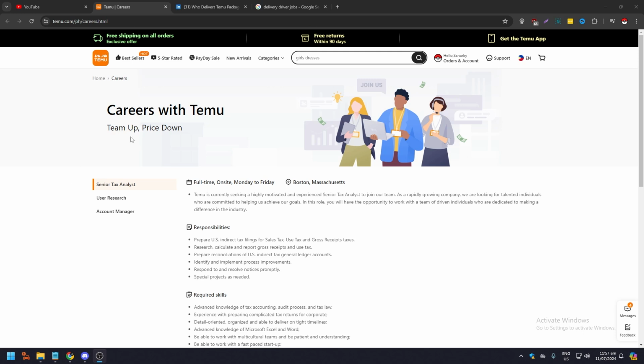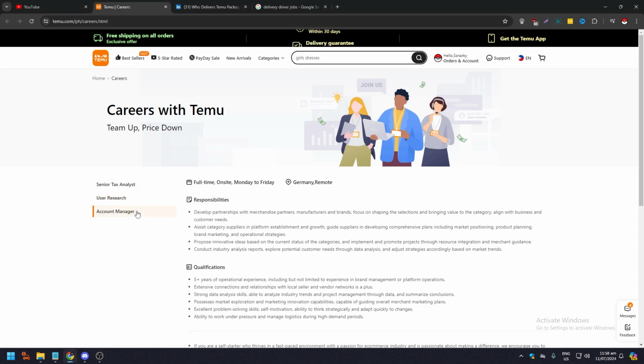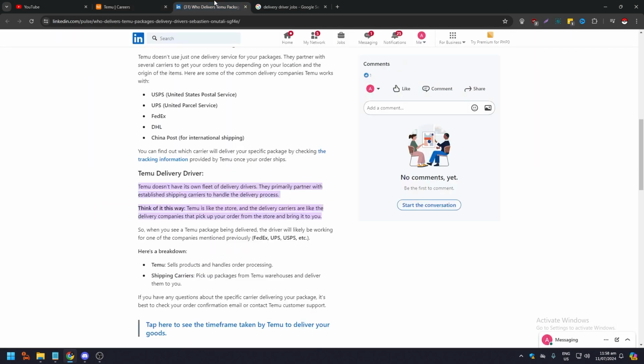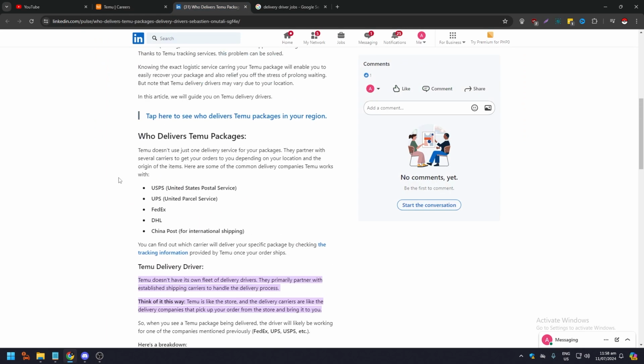So, as you can see here, we are at the Temu website, temu.com/careers. As you can see here, there's no real delivery driver listing, there's senior tax analyst, user research, and account manager. I do know for a fact that they used to put some here, but as you can see, these aren't really drivers. And if you go to this LinkedIn article, this is very